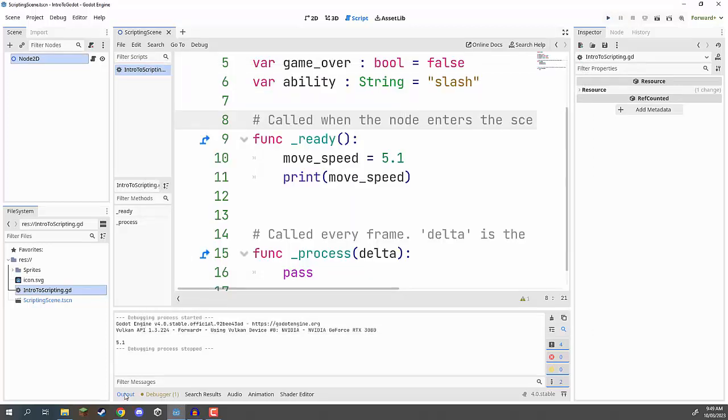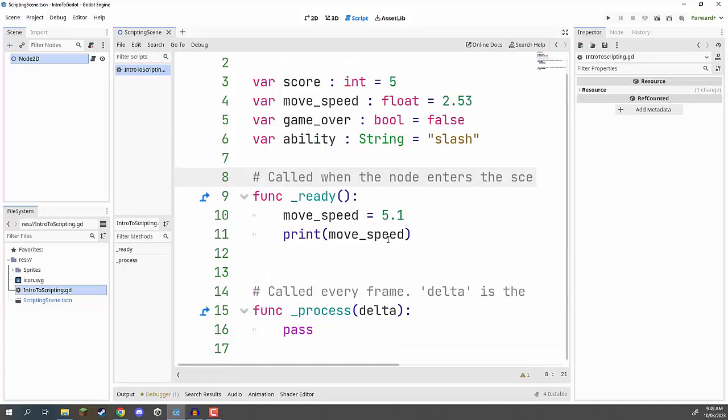And that's something else that I need to go over, and that is the order of execution, okay? When it comes to pretty much every coding language, there is what's known as an order of execution. And that basically means that it runs one command at a time, okay? In our case, lines. So when the ready function gets called, it looks at its contents and it runs it from the top